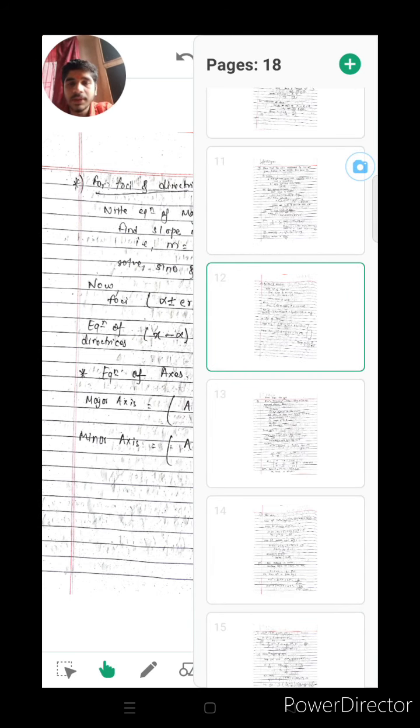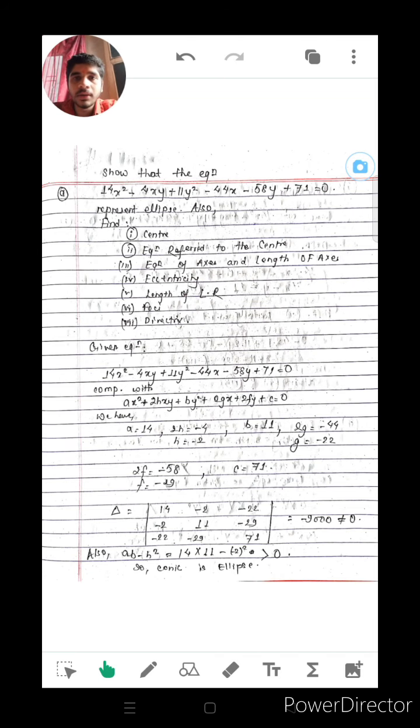And at last, don't forget to change capital X in terms of small x. So let's solve one problem. Here is one question: show that this equation represents an ellipse. Also find the center, the equation referred to the center, the equation and length of axes, eccentricity, length of latus rectum, foci, and directrix. So here is the given equation, and comparing it with the general equation we get the values of a, b, h, g, f, c,